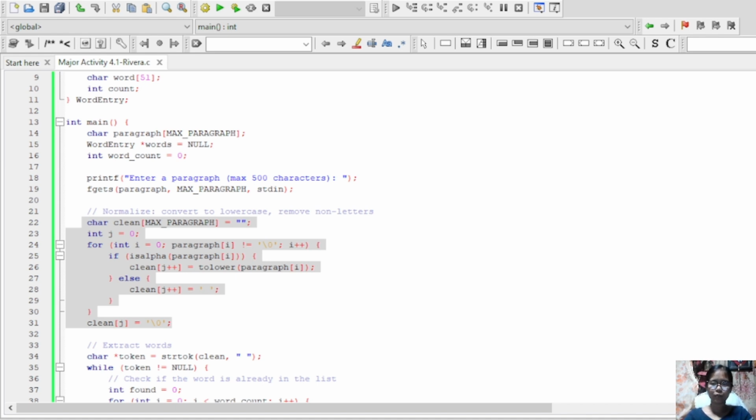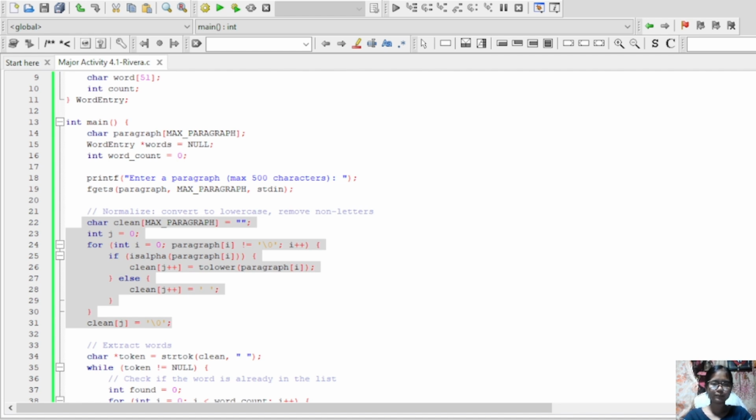I loop through the paragraph and turn everything into lowercase. So the capital letters of Hello, like H or L, become small letters. And I replace anything that's not a letter with a space, so that way we can easily split it into words later.